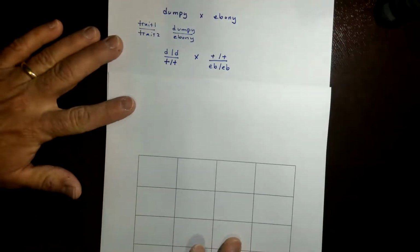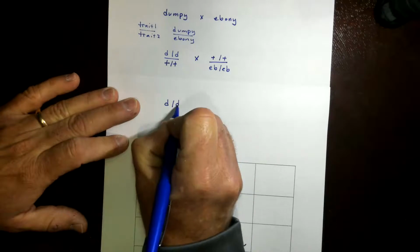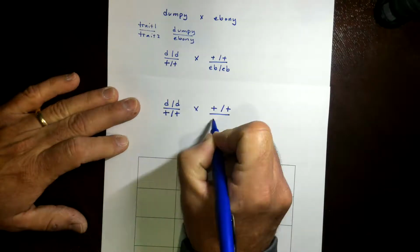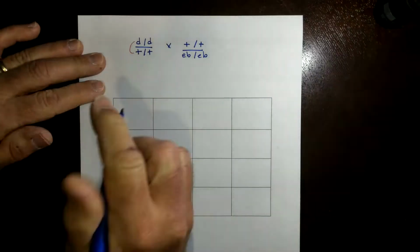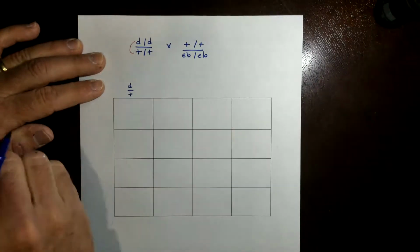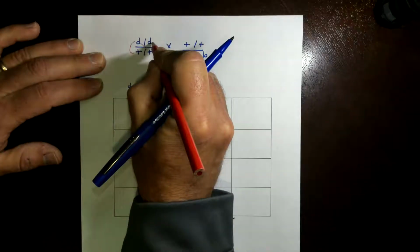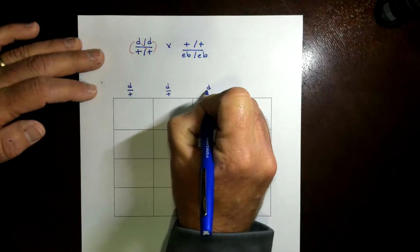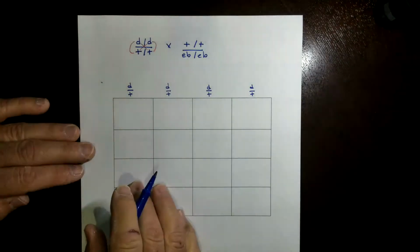All right, next step is to FOIL. Let's just rewrite these parents down here. Our first FOIL is going to be the first of each, our insides, our outsides, okay? And likewise, when we move over to our second parent,